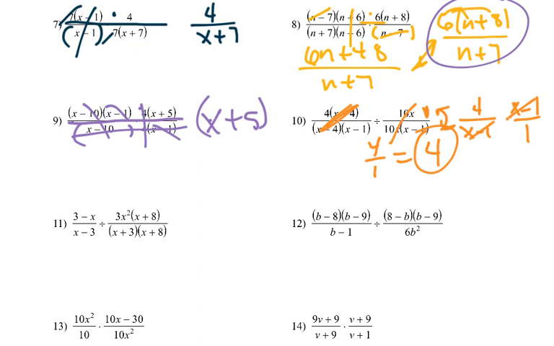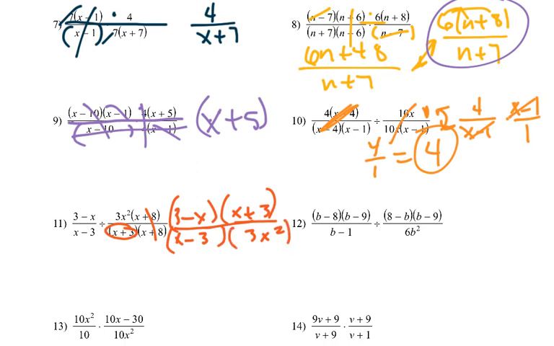Okay. Now, number 11, we've got division here, but these x plus 8s can be eliminated. So we've got 3 minus x over x minus 3 times, this goes on top, x plus 3 over 3x squared. Okay. So, that's pretty much all we can do on this one, so we'll just combine them. And you can just leave it like this,